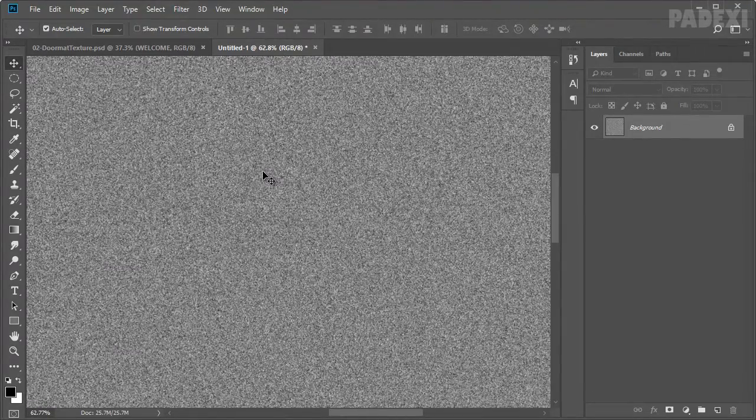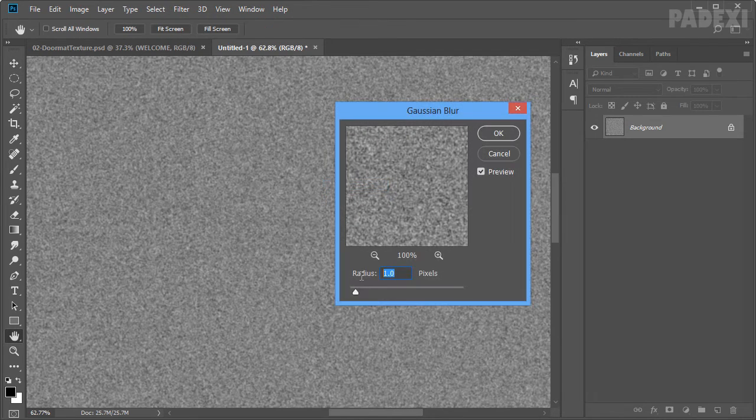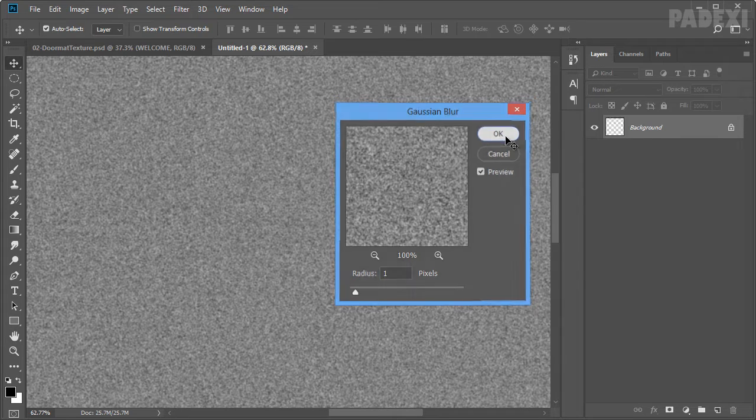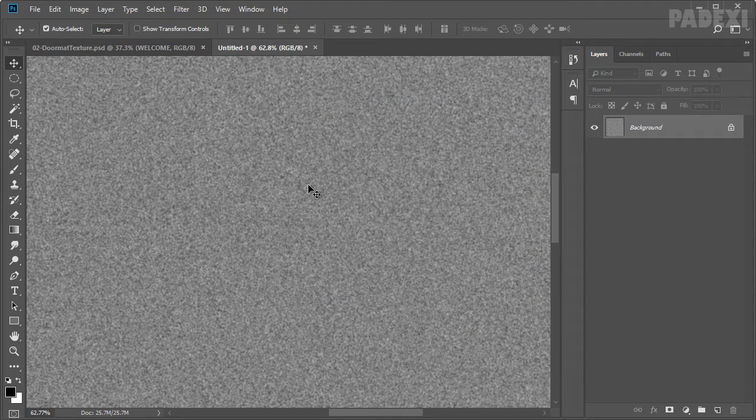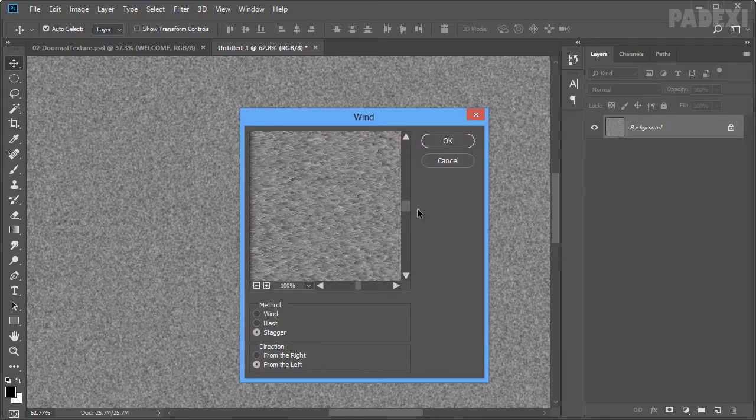The next filter we need to apply is Gaussian blur. So go to filter, blur, Gaussian blur, set radius to 1 and then click OK. Alright, now to create the effect of that doormat texture, we need to apply the wind filter. For that go to filter, stylize, wind.